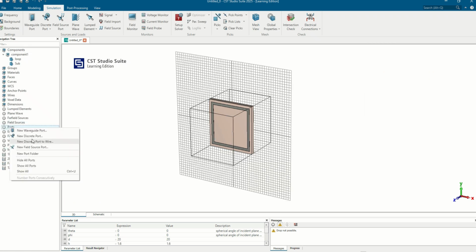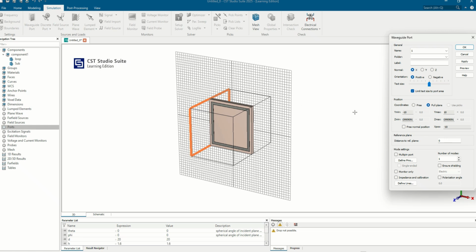So in port I'm going to create the waveguide port, which has to be along the Z axis. So I'm going to create it along the Z axis, and now this port is assigned here. Now I have to de-embed the port to the back of the metal sheet. For that I can check this value. This value gives the distance from here to the origin. So I can take this value, and if I give this value here,